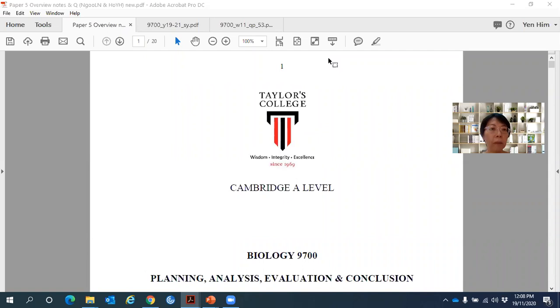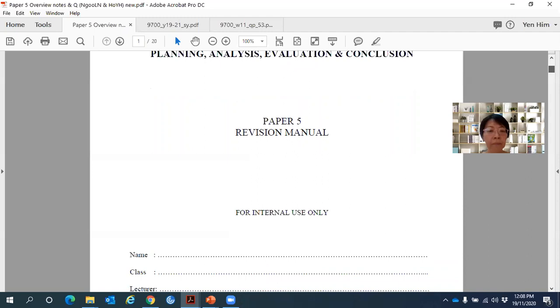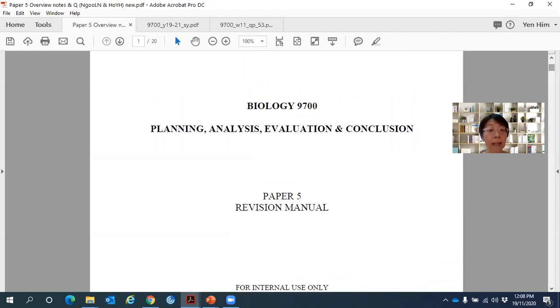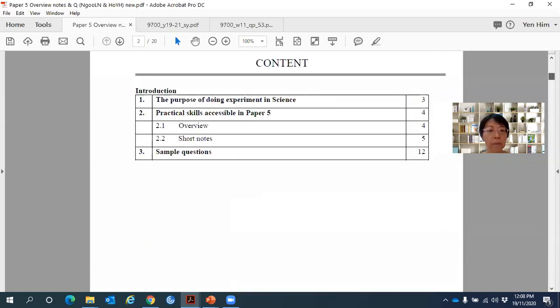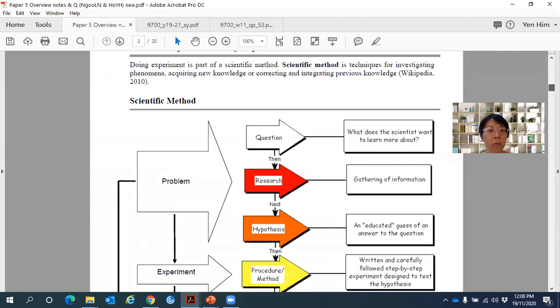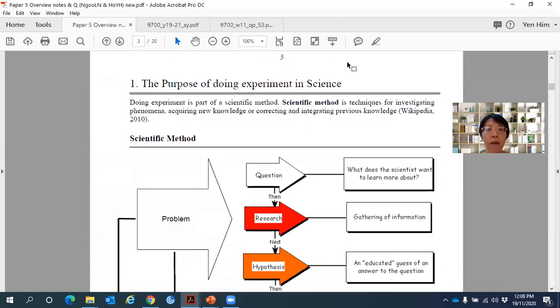So this is called a paper 5 overview, right? So I hope all of you have already printed it out, or else you have already uploaded it to your apps. Okay, so paper 5 is planning, analysis, evaluation, and conclusion, which I've already discussed with you just now, right? So before that, for paper 5,